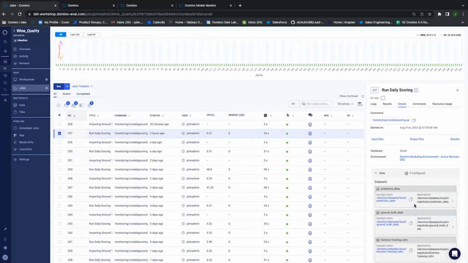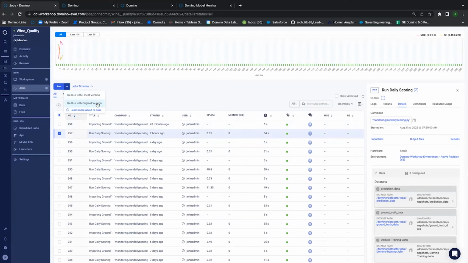Because we keep track of all of this, going back to that model lineage aspect when you're working in MLOps, if I select any given job I've worked with in the past and go right back to the options, as run, you see where it says here the arrow. When I click on the arrow, it's going to say rerun with either the latest version or rerun with the original version.